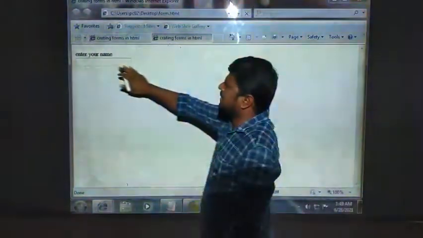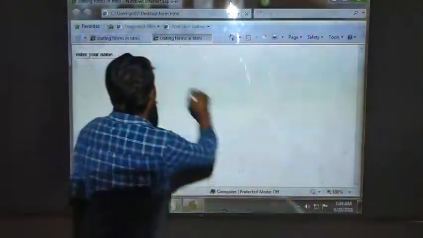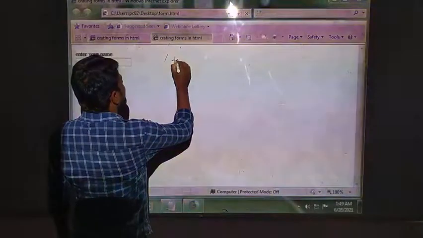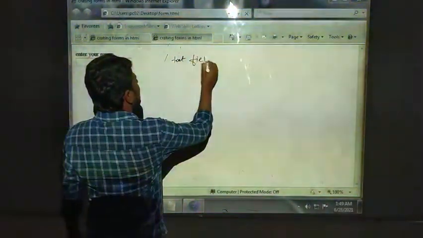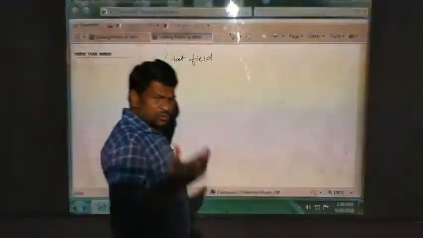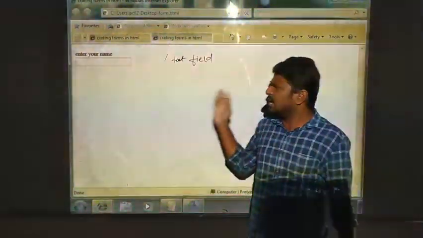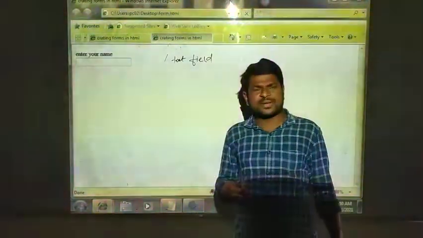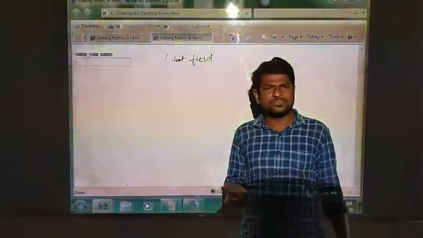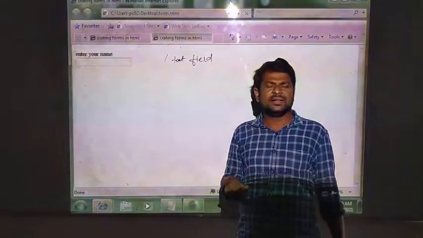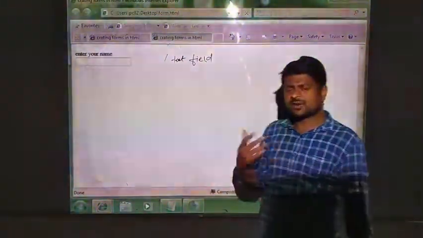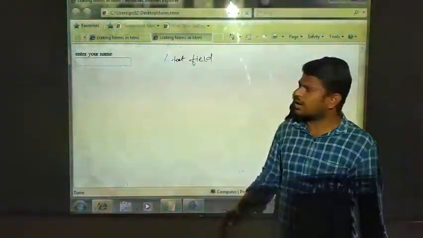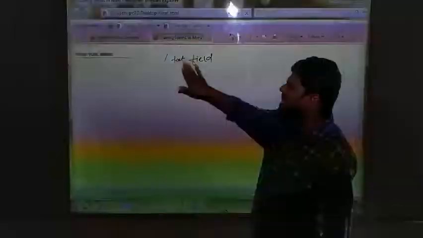So can you see here? This is a field. Which field is it? This is a text field. This is just a text field. I have created it. Now what are we going to create after this? Text field, radio buttons, checkbox, menu bars, and submit button. Everything we are going to learn in the creation of a form. Just now we learned the creation of a text field.